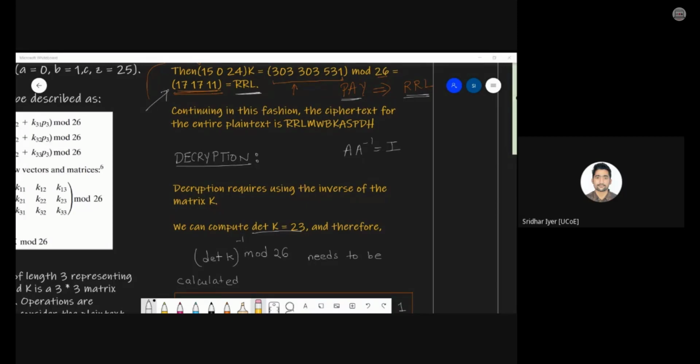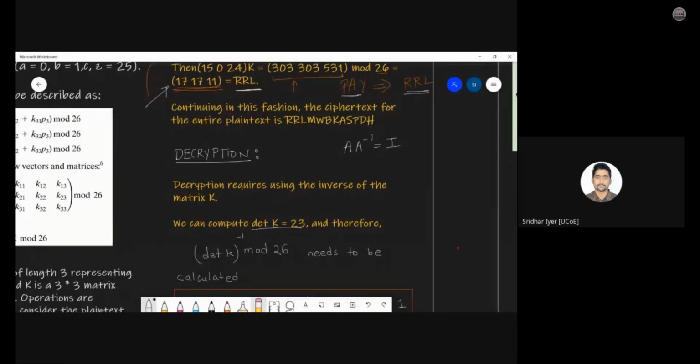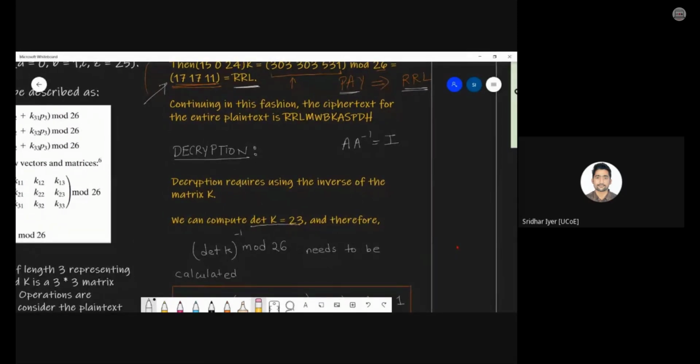Okay, so fine. So what method I use, what method I found from the various books I referred. Let me show you. The very first thing is we need to compute the determinant of the matrix K. Now you know how to find determinant, right? I don't need to focus on it. Determinant of K, whatever it is, it came out to be 23.